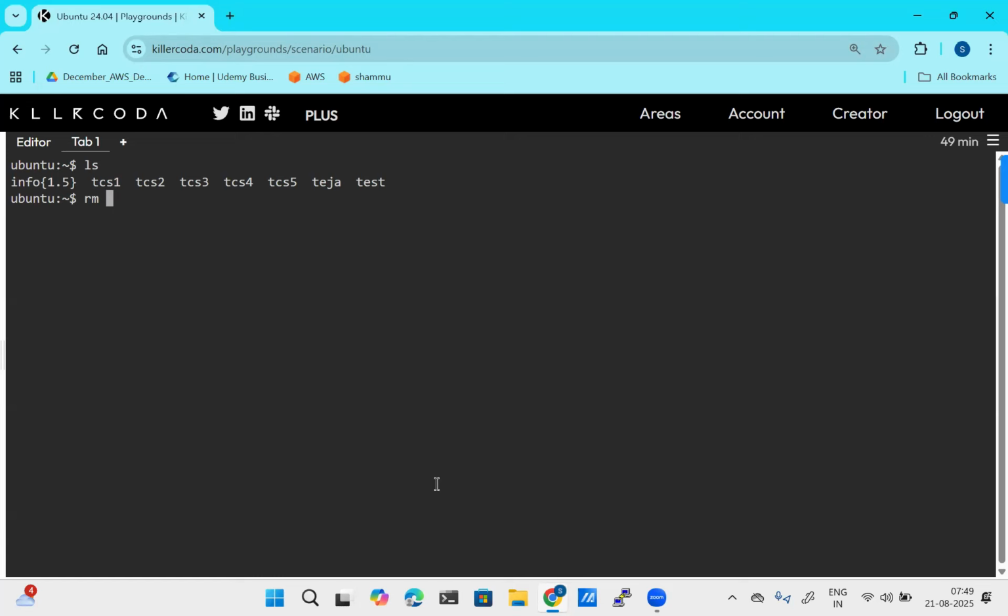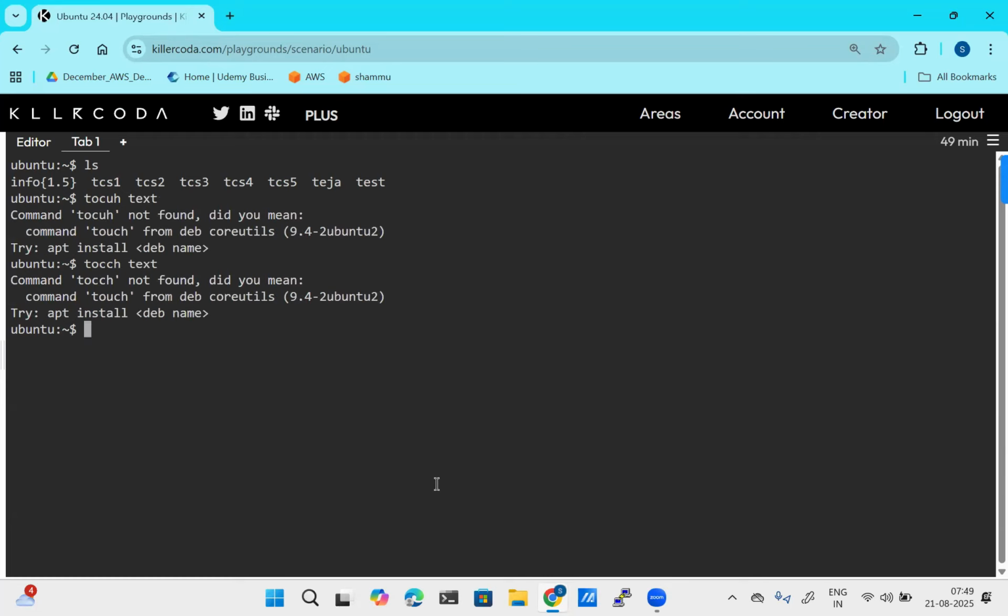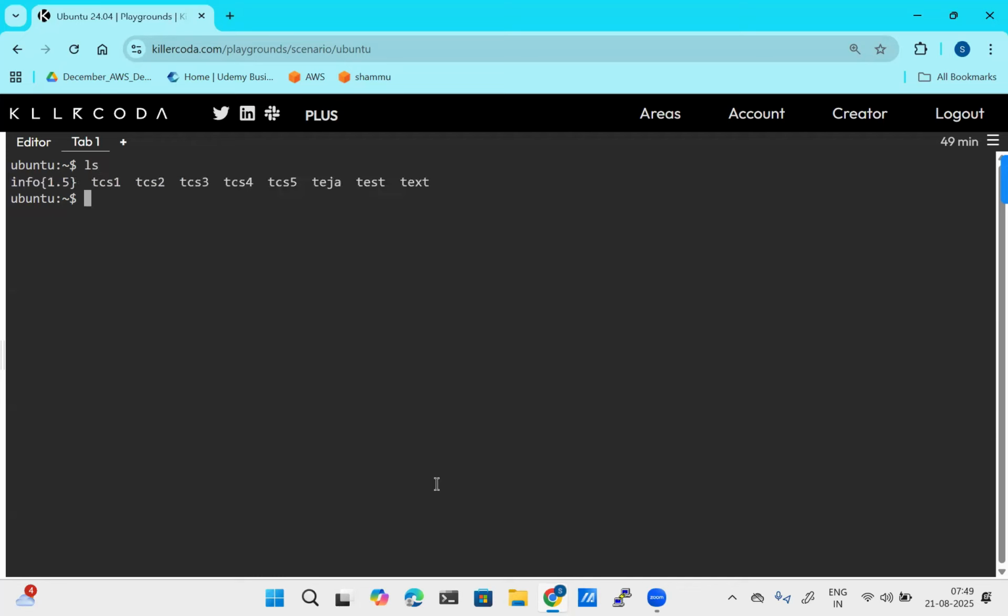Let's say you are having touch text, so you are having the text file. Now remove TE star.